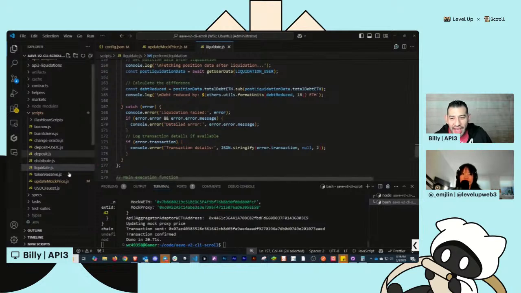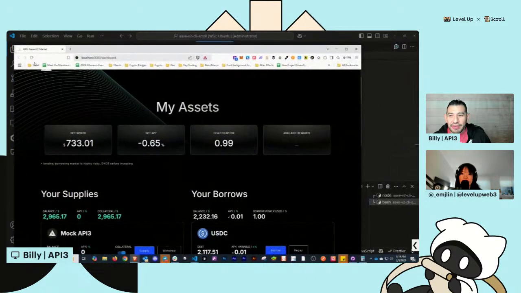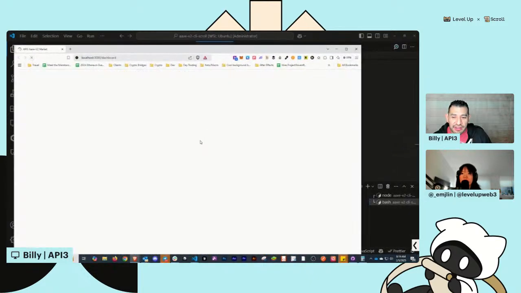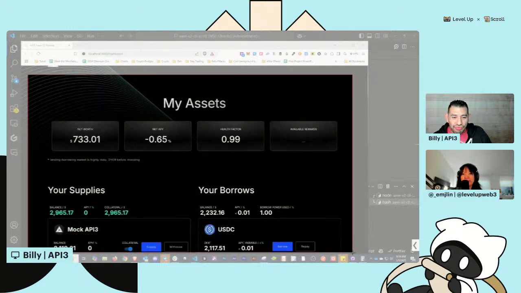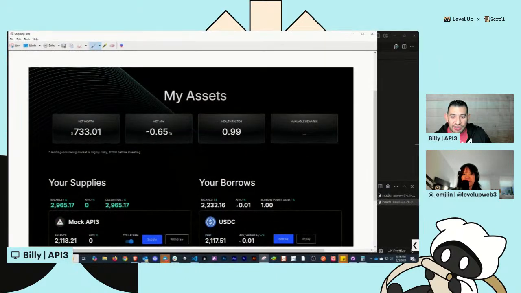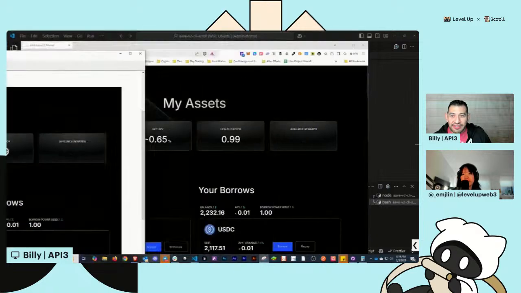So as good, I'm going to go ahead and go yarn liquidate. Let me check that position here really quick. We're back at 0.99. Let's look at the balance here. Actually, let me just take a screenshot so we can compare here. I'll just hold on. So we see those numbers. I have this balance. I have this balance. Let me move this to the side.